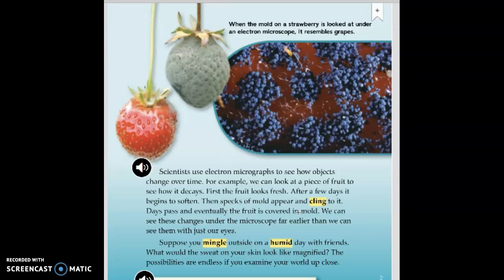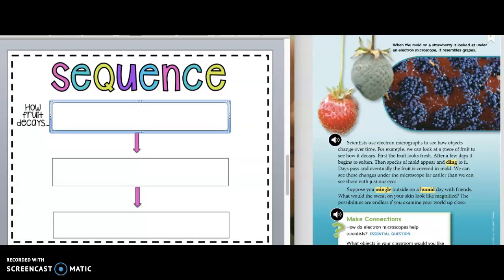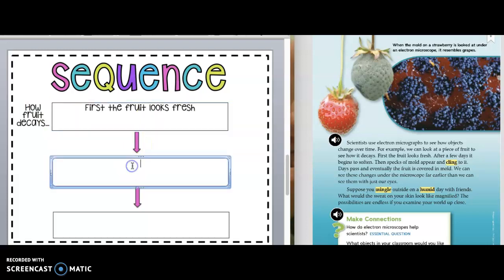Let's head back over and type in the sequence of how fruit decays. All right, let's go ahead and put the first thing that has to happen in order for fruit to decay. And you remember over in your text, it does say, first, the fruit looks fresh. So I'm just going to put it into my chart. First, the fruit looks fresh. Now, this arrow here signals that something else is going to happen, so I will put the next